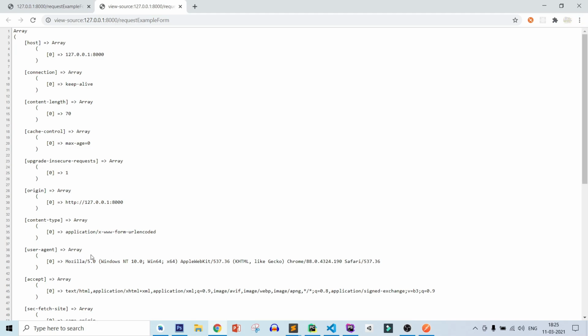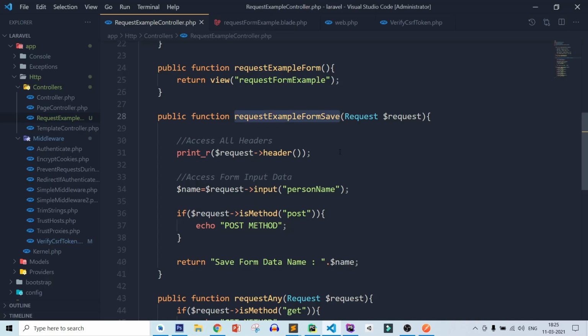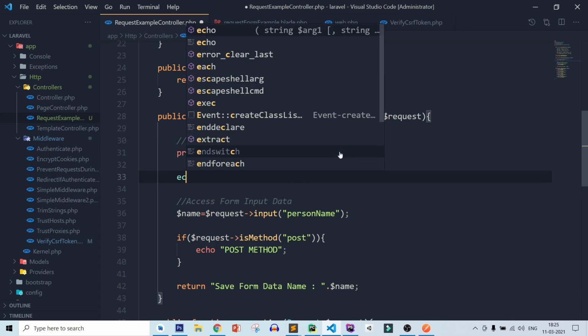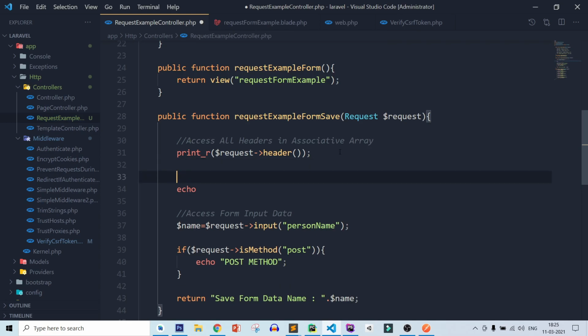So let's see how you can access the user agent. Now here let's check echo, get user agent from header.